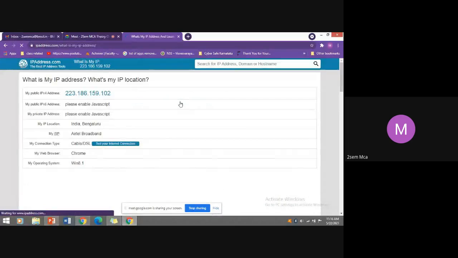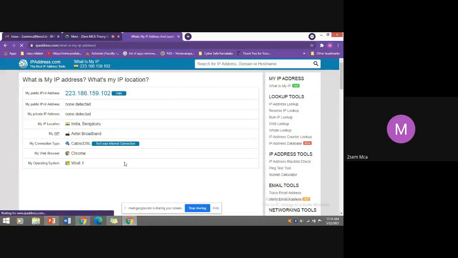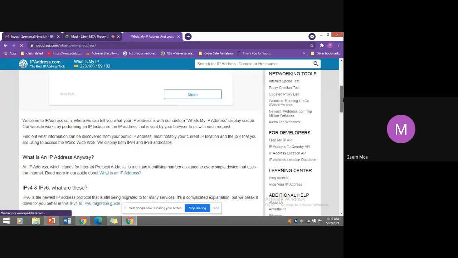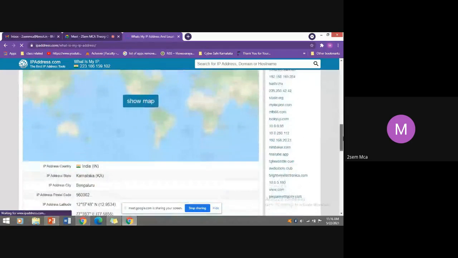If you click on that, it tells I'm using Airtel broadband, connection type cable, web browser Chrome, operating system 8.1. See all the detailed information it is going to get.